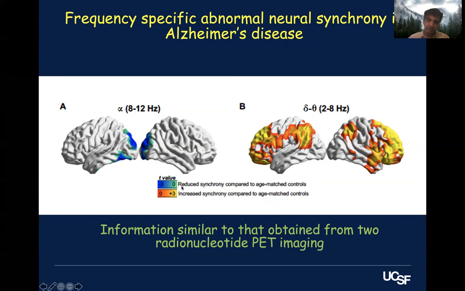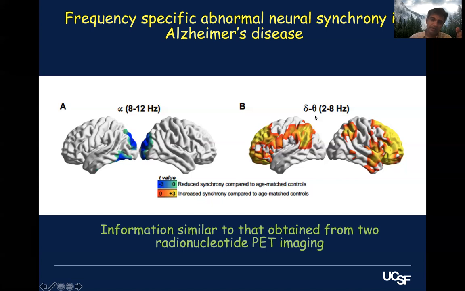The color scale here is blue, which shows reduced synchrony compared to a cohort of age-matched controls, and the red to yellow scale shows increased synchrony compared to age-matched controls. What you can see is that if you look at 8 to 12 hertz, there is reduced synchrony. But if you look at 2 to 8 hertz, a band called delta or theta band, you actually see increased